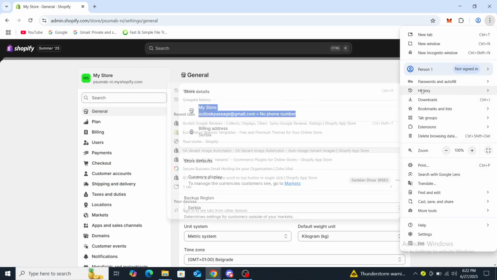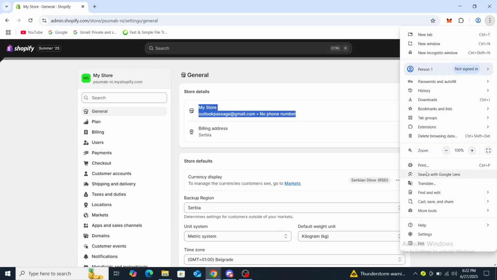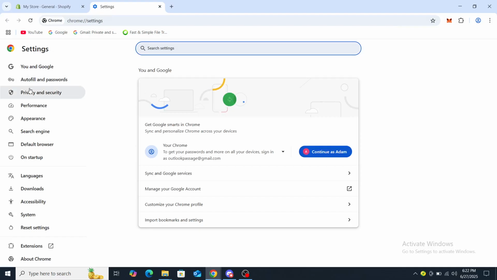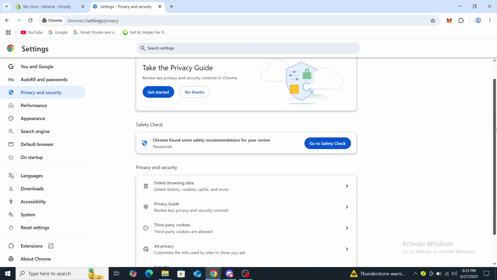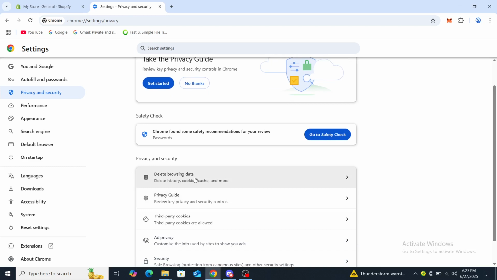You can see downloads, stuff like that, and you can go to settings through here, then go to privacy and security. And on there you can see take the privacy guide, you can see the safety check, and you can click on here to delete browsing data. And you can see here delete history, cookies, cache, and more. So if you click on this,